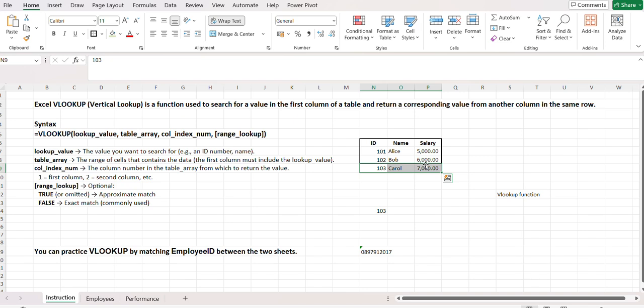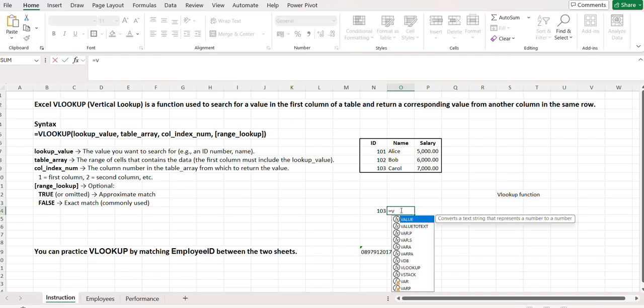Okay, so what is the syntax or the formula for the VLOOKUP? The VLOOKUP will start like this: equals VLOOKUP. You start first with the lookup value. The lookup value is the value you want to search. For instance, we have 103, that's the ID. So this is the lookup value. You search for this value in the first column, and then